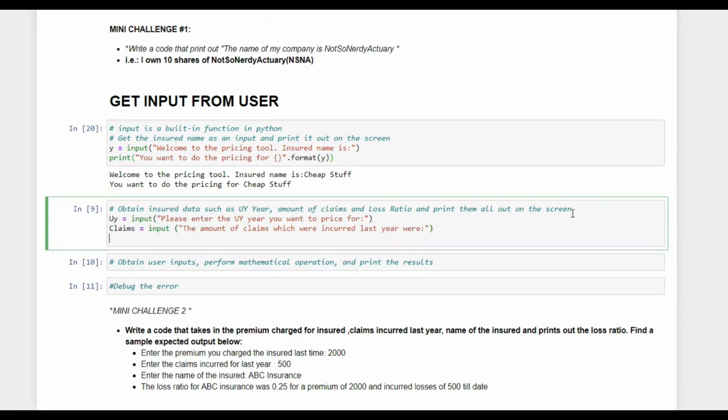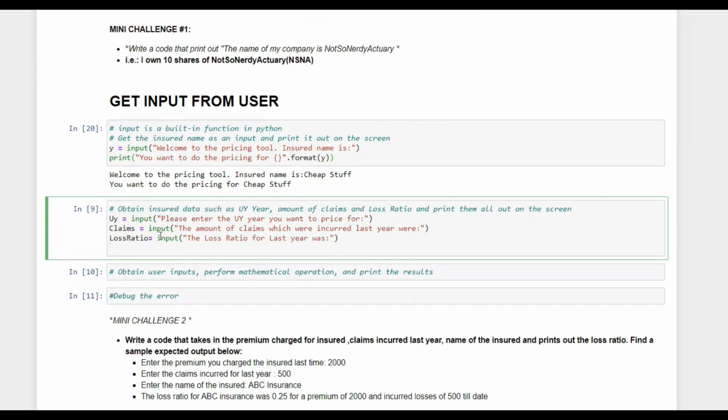And let's say our third input is loss ratio. We will ask them to kindly input the loss ratio for last year was, and then they will input.